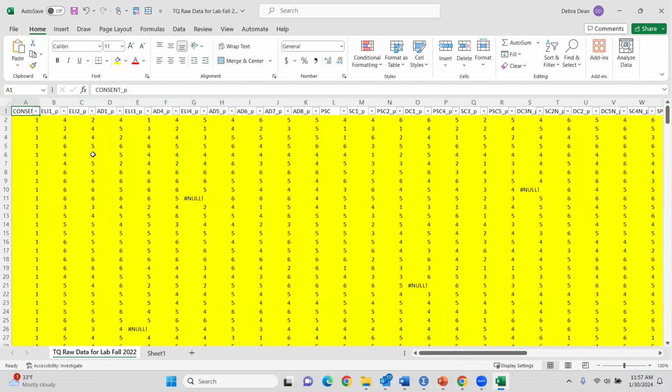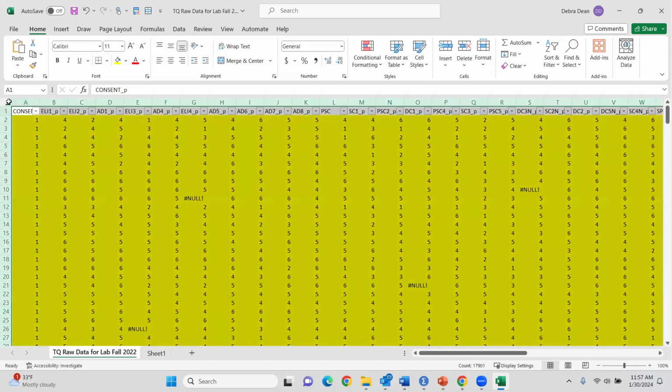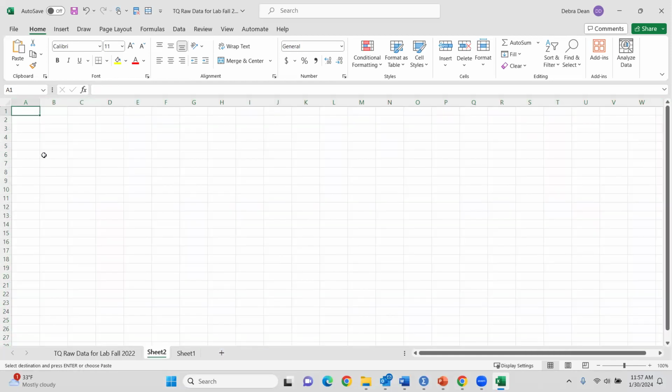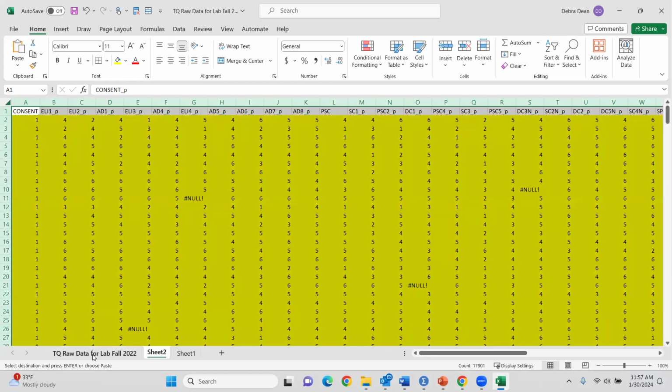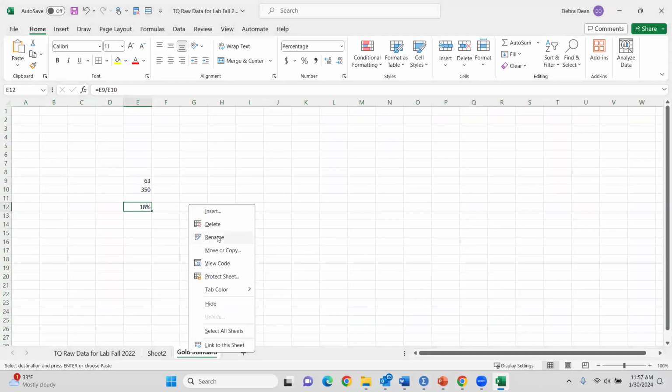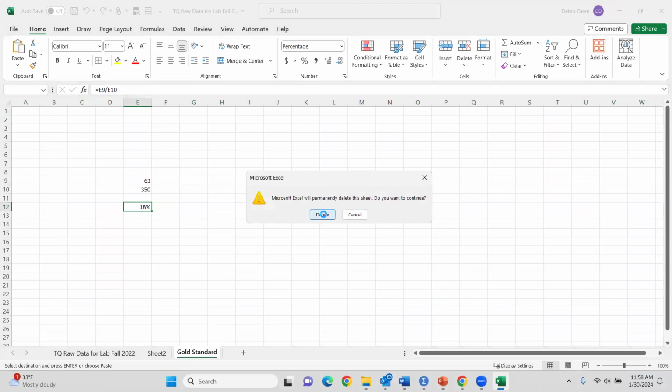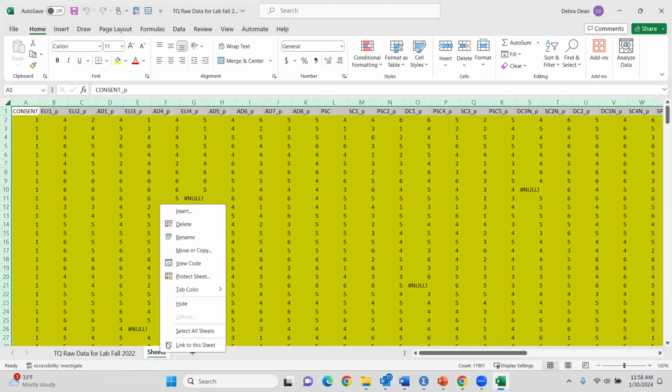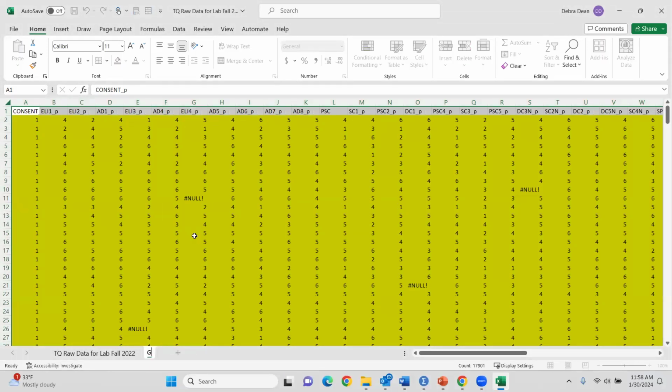If you are working with me on your dissertation, you will find out I like to color code things. So I'm going to come over here. I just copied that host sheet. I'm going to save that because that's our original data. Now this is what I'm going to call my gold standard of data. Whoops, not that one. That's our percentage. So let's delete that. We know we have 18% of our information. Let's rename this one. I'm going to call this gold standard. And simply,